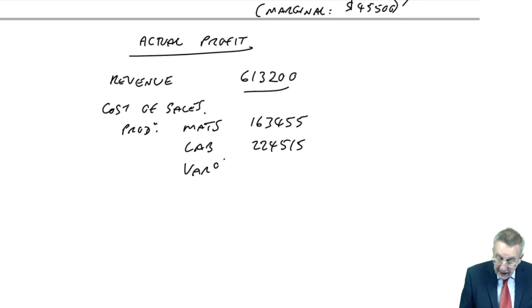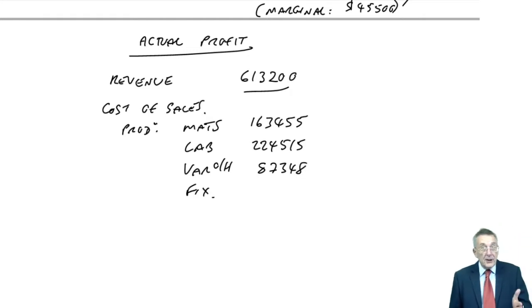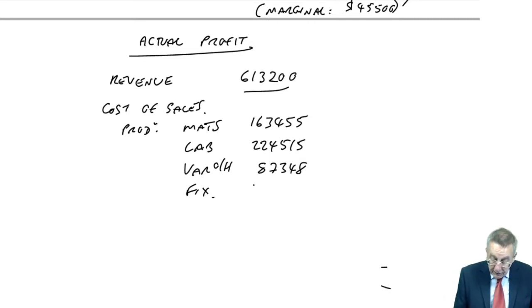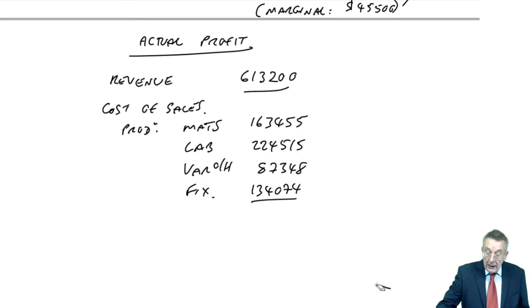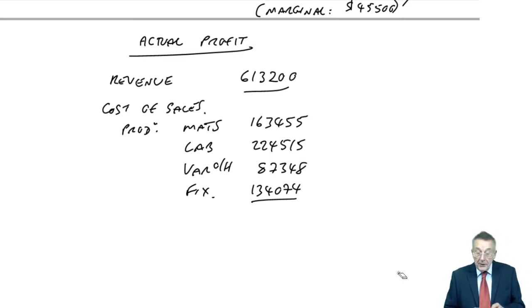The variable overheads, 87,348. The fixed overheads, we're using marginal, remember, so we're not messing around with contribution here. So the actual fixed overheads, 134,074. So the total cost of the 8,900 we produced